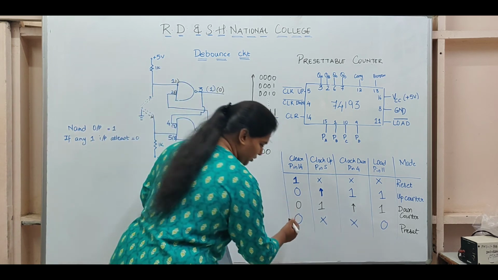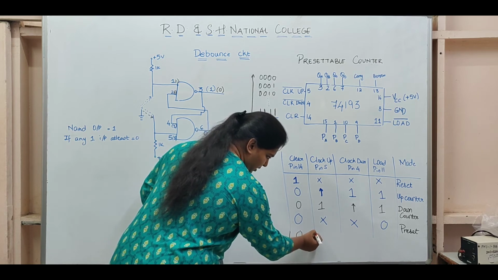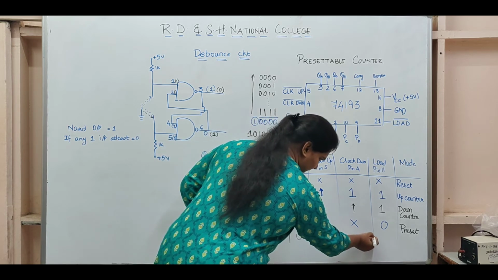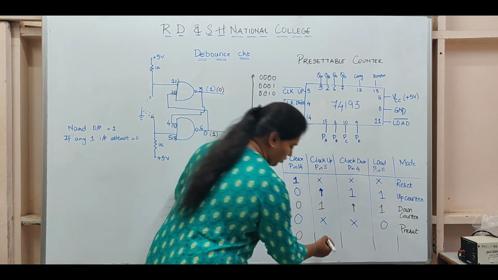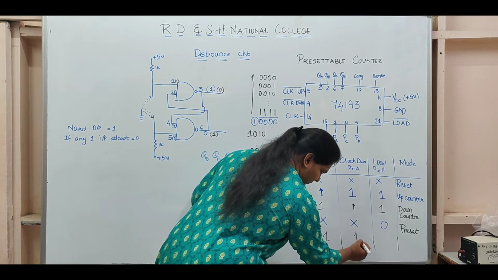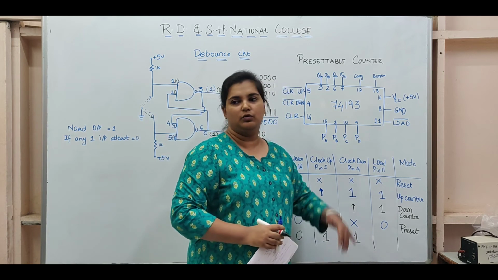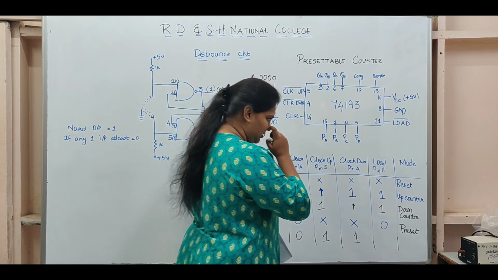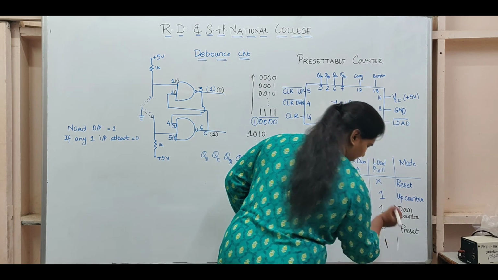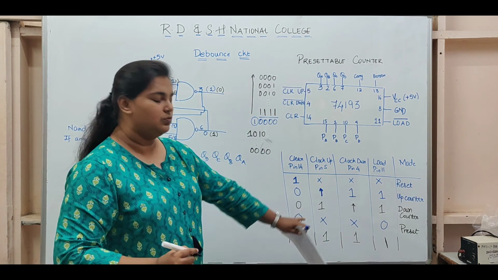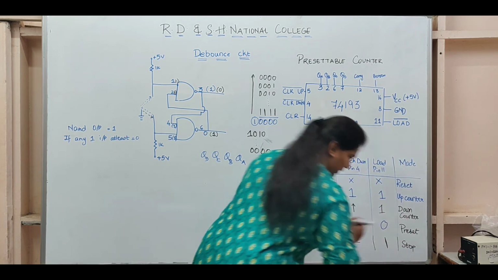So for stop, what you will do is, again, reset pin will be 0. Now since it is stop state, I don't want to go high or low, and each of these is active low. So I will hold both these pins at 1, because I don't want to go up nor down. And also load, I'm not presetting a value, I'm just locking the value, I'm just staying there. So preset, the load pin will also be 1. This is basically your stop state.